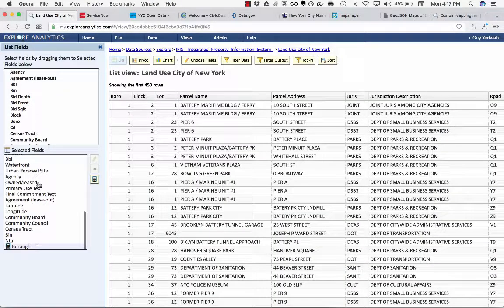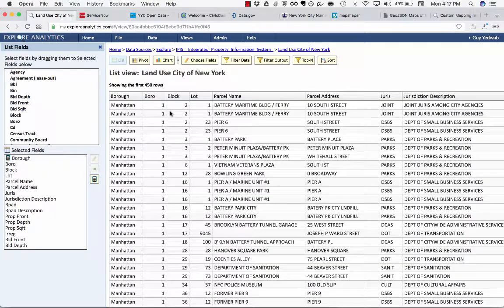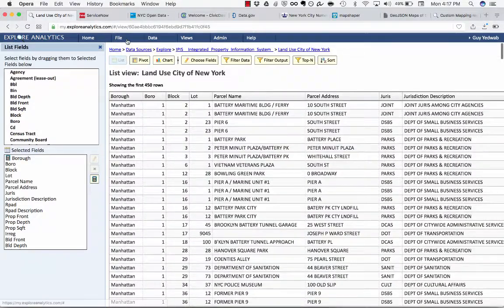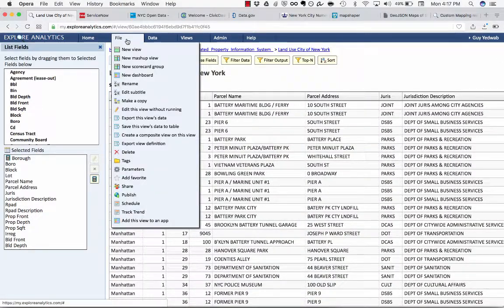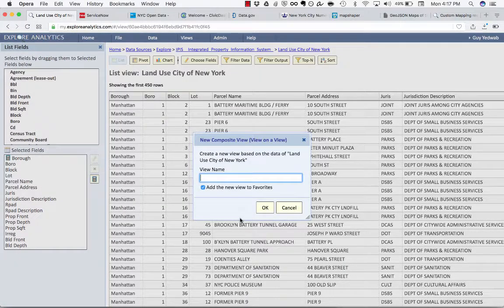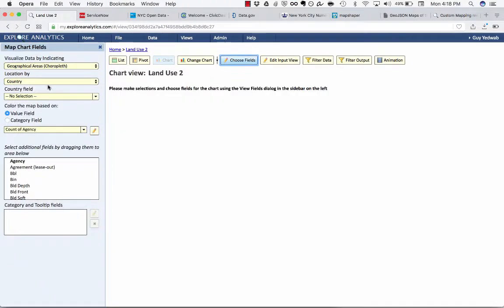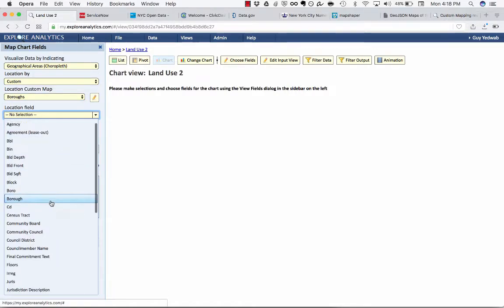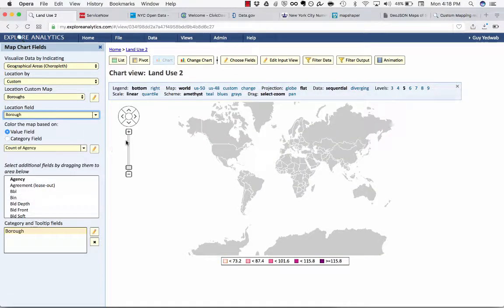So now if I pull this borough field to the top, we can see that in real time it's taking that borough flag and turning it into this borough field. And now it's very easy, by going to File and saying Create a Composite View, we're able to create a report that treats our calculated view as if it was a table with that data in it. So I can say land use 2, we'll call this. I'm going to select the New York boroughs, and I'm going to use this calculated borough field